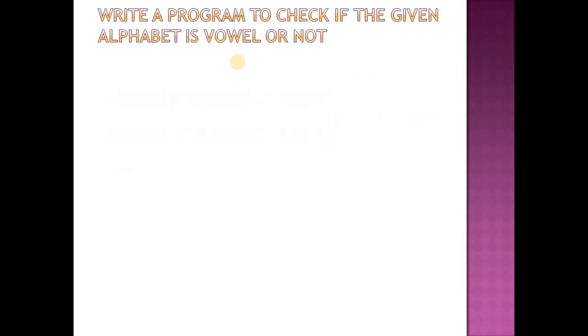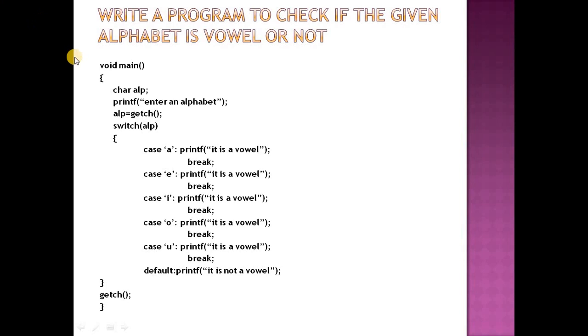Okay, so if we see one example, then you will understand the working of the switch statement. We'll just take the previous program we have used for nested if and we'll convert it into switch case. Okay, so as usual I have used ALP variable of data type character, printf enter an alphabet. With the help of getch function I have stored a value in variable alphabet. Suppose now here the value I have inputted is x. Okay, what is the value of ALP?